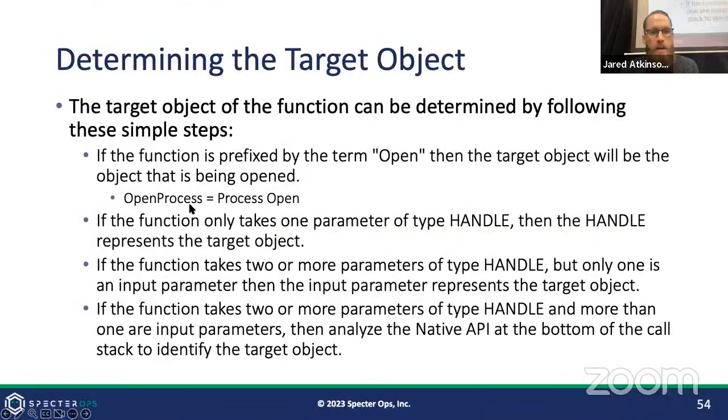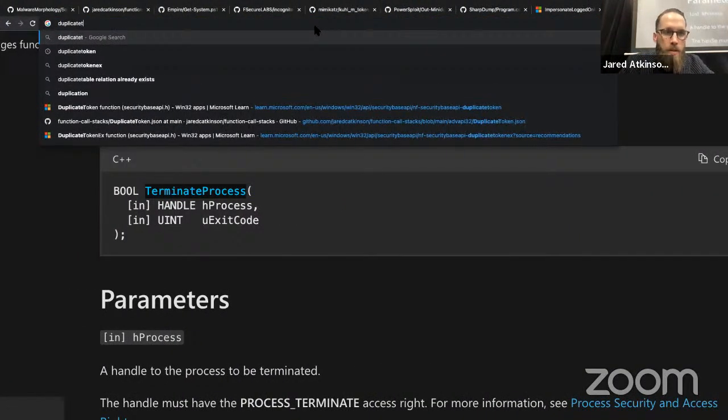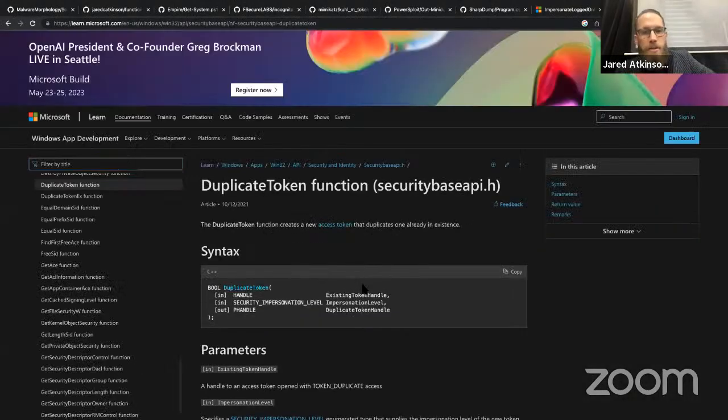Okay. Then there are situations where functions take two or more handles. It's easy when there's only one handle, because you just say, what is that handle? Okay, that's probably the object. But what about when there's two handles? How do you choose which one? So duplicate token is an example of this, right? Okay, so duplicate token